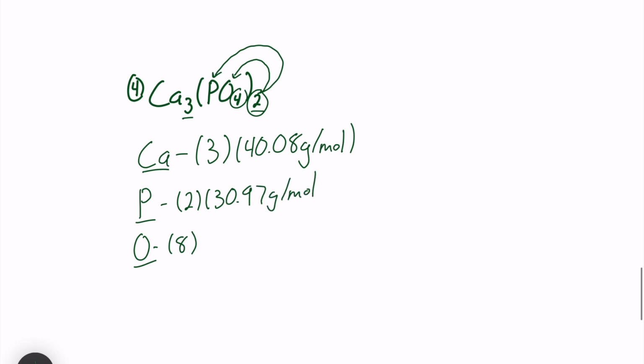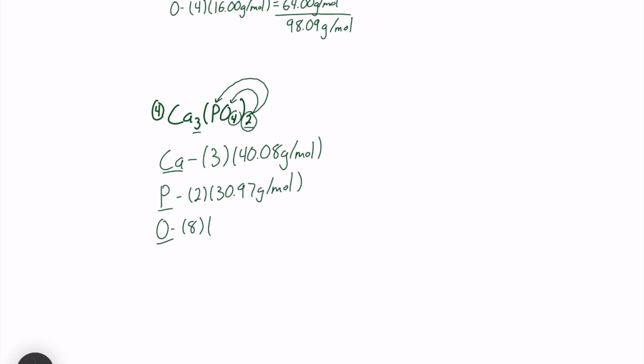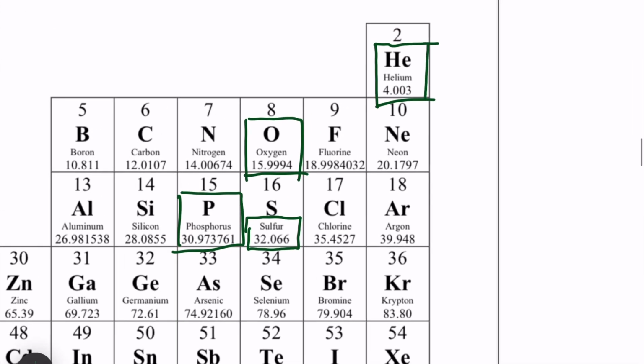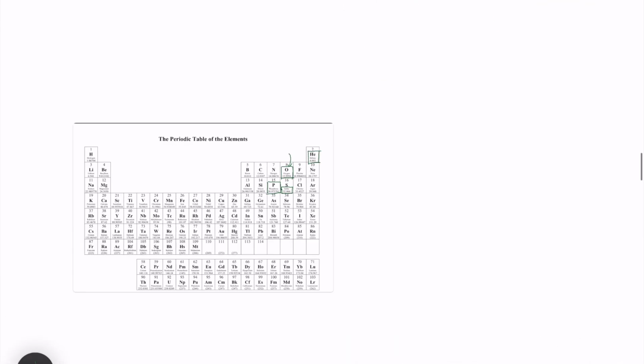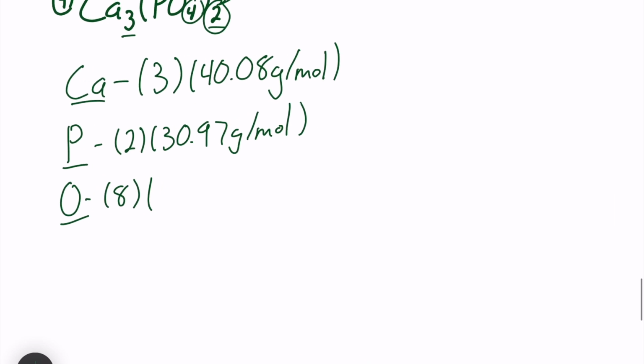And finally, we need oxygens again. And you may remember it from the last question, but let's head on over there and just make sure. We have oxygen right here, and it's going to be 16.00 grams per mole. So let's zoom out and scroll on over. So we have 16.00